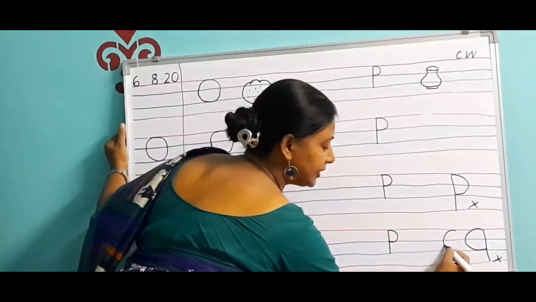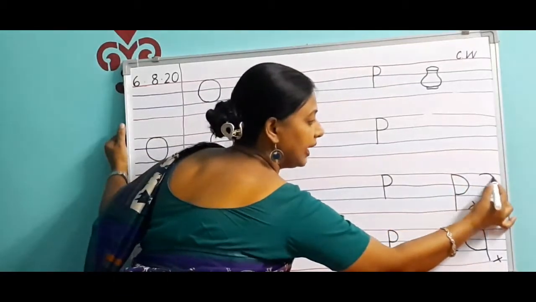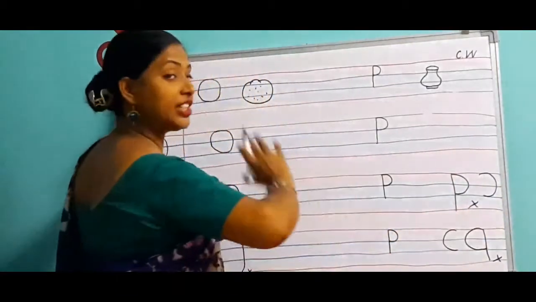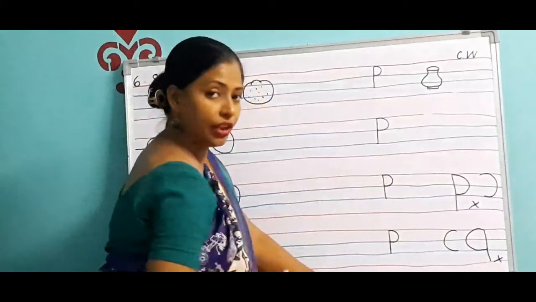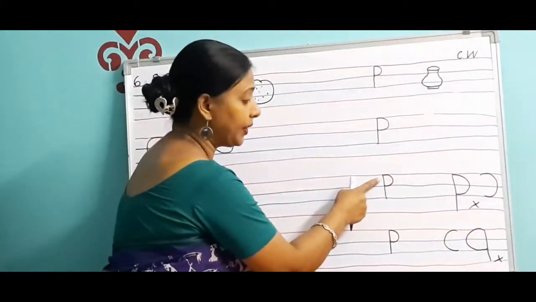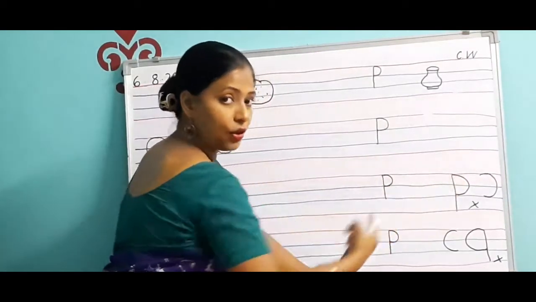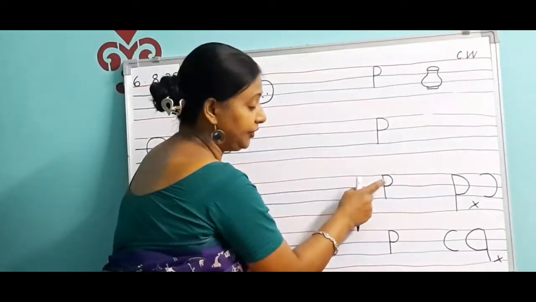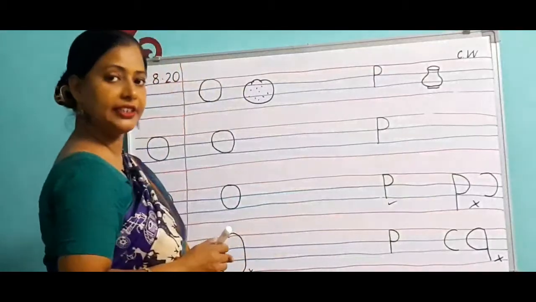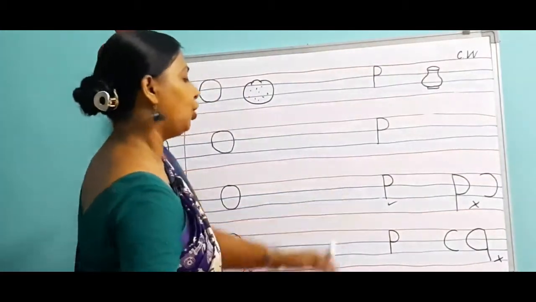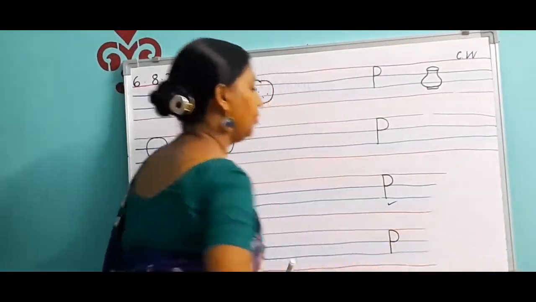The semicircle you drew is this. And the other way around semicircle is like this. When you turn this semicircle the other way, it becomes like this. So remember, in P and D, the semicircles turn. Turn the semicircle, then write, then it is correct. This is correct. Don't make it like this. These are all wrong. So you have to draw it like this, not like this. Okay, fine, children.